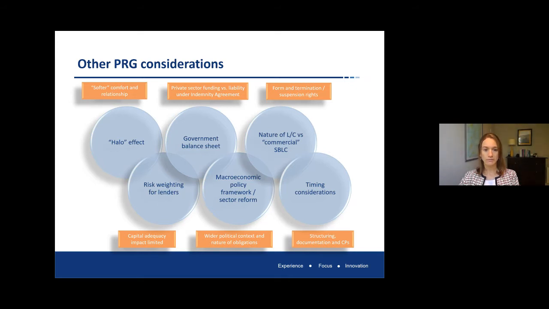So starting in the top left of this slide, the halo effect. For anyone who has been involved in a project using the World Bank or another PRG product, you've probably heard the phrase halo effect. What does it mean? Well, the key point here, I think, is that for many involved in these transactions, the real value of the PRG is not necessarily its monetary value, but actually the relationships and other support that having the World Bank involved